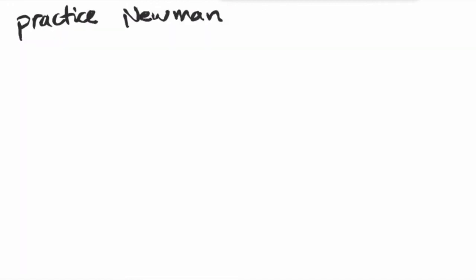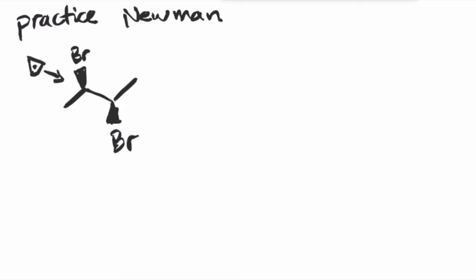Let's go ahead and get some practice with this Newman projection. Let's say you were given this molecule and asked to draw a Newman projection. And to be more specific, a particular perspective is indicated. So we're looking down the bond of the second and the third carbons. So whatever is bonded to these two carbons are of great importance. So we want to highlight exactly what is there, meaning missing hydrogens.